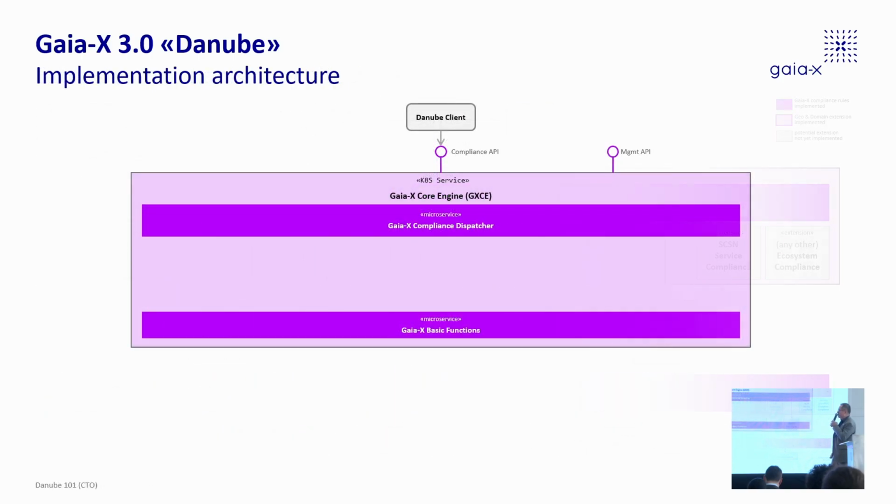So I'll go into a little bit more detail. The core engine, in essence, consists of a dispatcher, because we have the different extensions here. It's a very old pattern. Many of you would, of course, know it, or a gateway, however you call it. And then we separated out from the old Loire compliance engine all the basic functions, which are signing, VC JWT signing, and all that kind of cryptography, even the DID web authentication mechanisms, like a library.